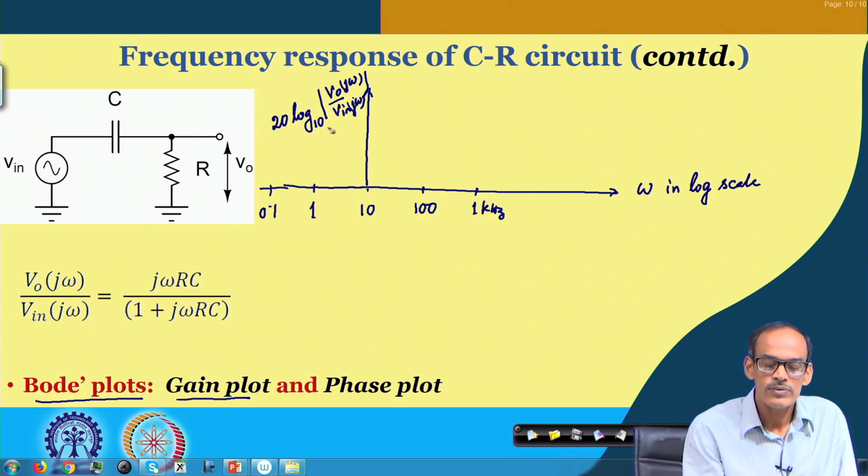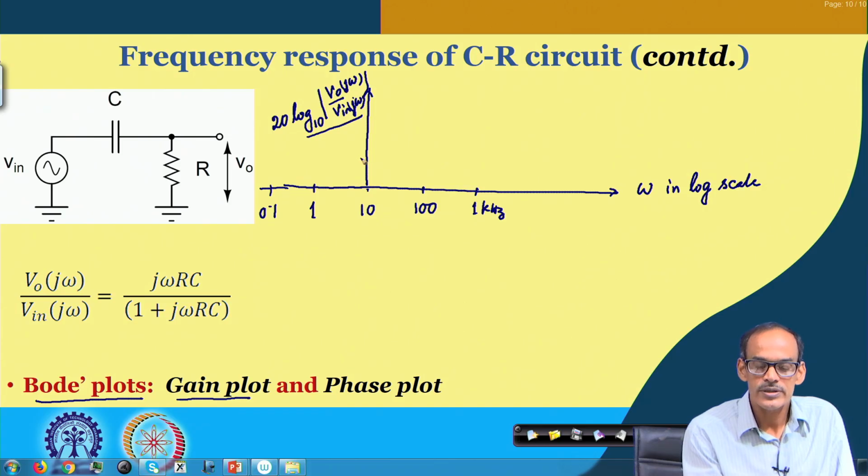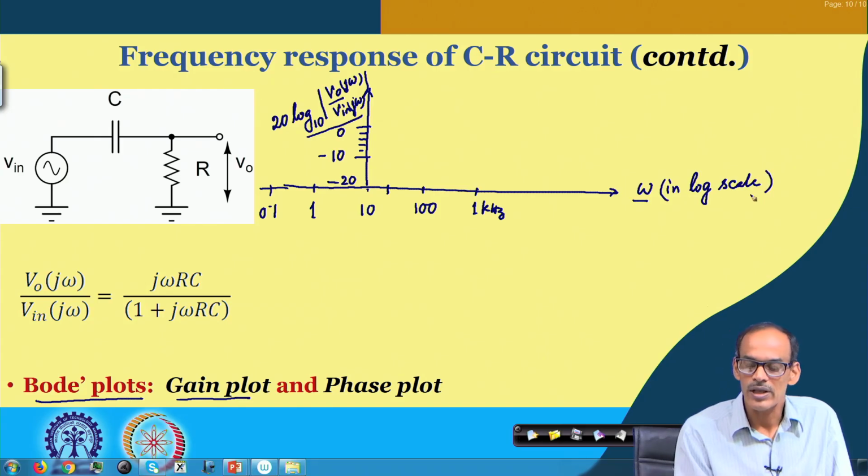On the other hand, if you see the data, since we are converting the data in log scale, the y axis scale, on the other hand, is linear. So, say this is maybe 0 dB, this one maybe minus 20 dB, and this may be minus 10 dB, this may be 0 dB, and so on. And the scale here, of course, is linear, whereas the x axis, which is basically the omega, since it is in log scale, its spacing of this